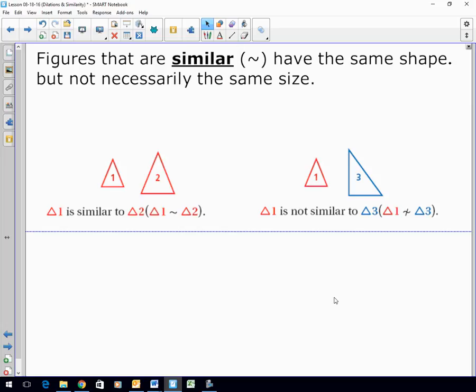Okay? Right. 1 and 2. Same shape, yes or no? Yes. Same size, yes or no? No. Okay, let's go back to kindergarten here. 1 and 3. Do those have the same shape? The exact same shape? No, right? One of them's obviously an isosceles triangle, the other one's a right triangle. Okay? Alright, so when we say something is similar, we mean that they have the same properties of similarity, and